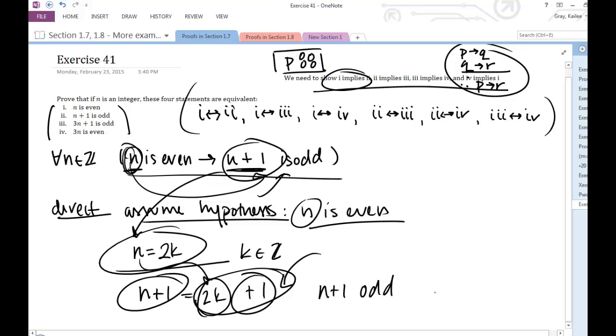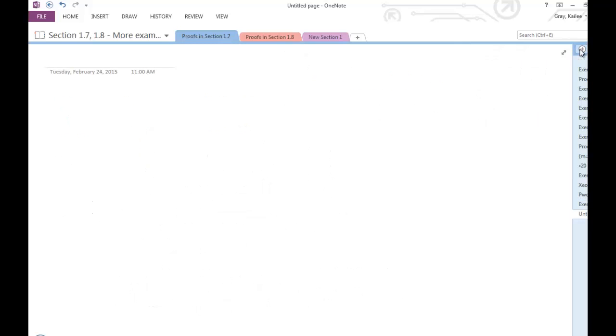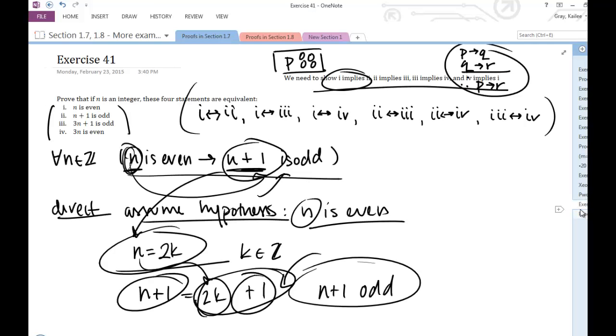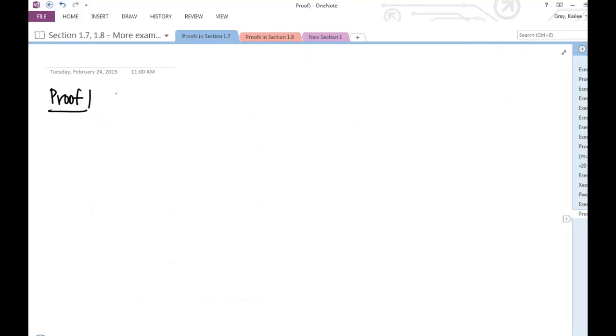I think you probably know that, like I said, but we want to write it out so there's no debate here. So let me try to write this out and see if you can follow along with this more formal write-up. So that was my scratch work, and now I'm going to go into my formal write-up. And I'm going to set it up for my reader and let them know that not only am I trying to prove these 4 conditional statements, I'm really trying to show that all these statements are equivalent. So I'm going to set it up for my reader and say,